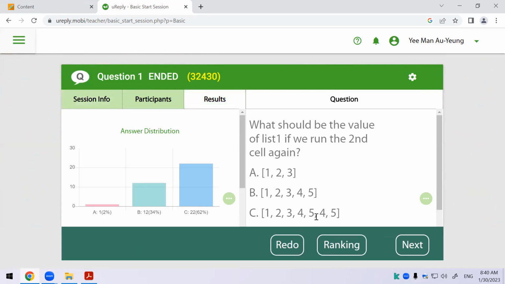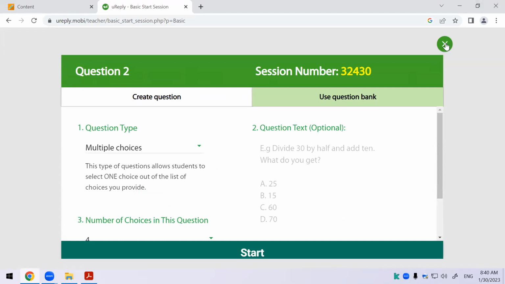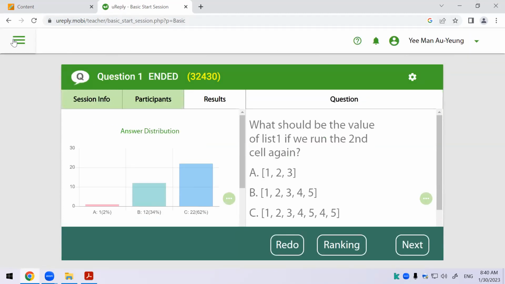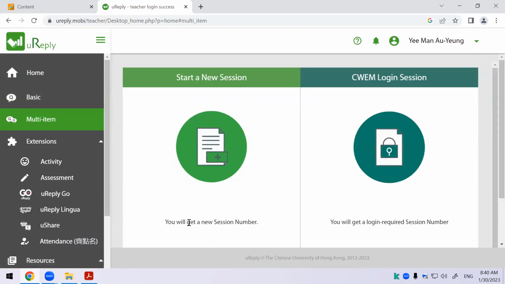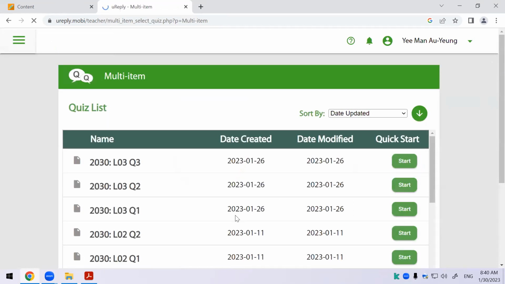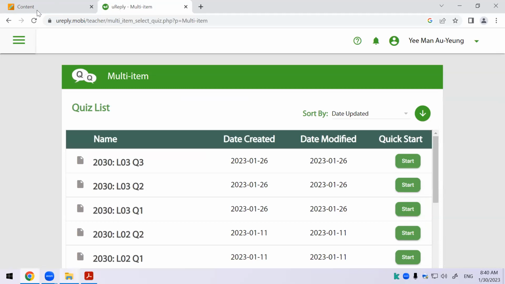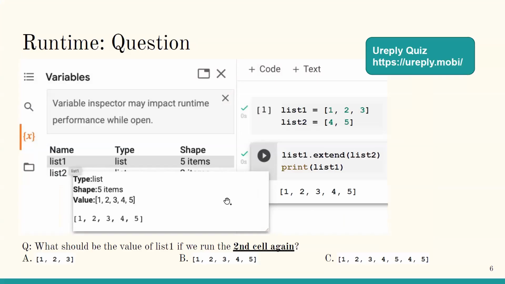Yes, the answer is C. Okay. Let me go back. Why is the answer C? Because you will have to execute this again, and then you will extend list 1 again. List 1 has already become this 1, 2, 3, 4, 5 on the screen, right? If so, it's already showing you this. So if you extend that again, it will be C,